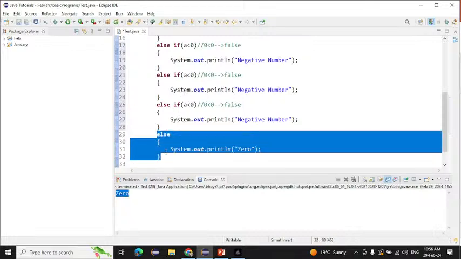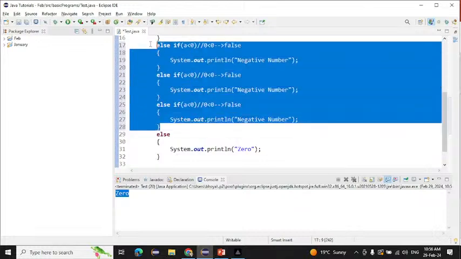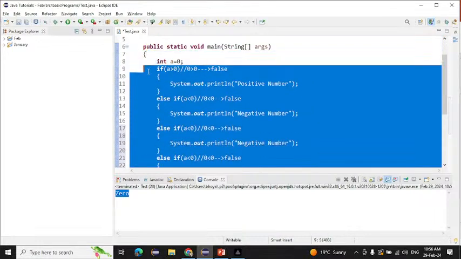It will come into the else block only when all the conditions are false. Otherwise it will not come into the else block. Okay, anyone have any doubt about the else block? Else if, anyone have any doubt? When we are using else if,